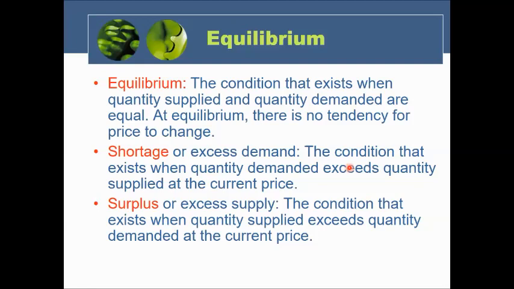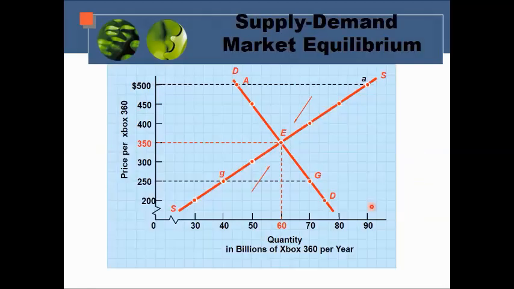It is the condition that exists when the quantity supplied exceeds quantity demanded at the current price. So therefore, there is a surplus of supply here. This is an example of the graph in supply and demand, wherein there is a market equilibrium, wherein the demand and supply met at the price of $350 in a quantity of 60 units. So wherein the demand and the supply agreed. Okay? So this is equilibrium